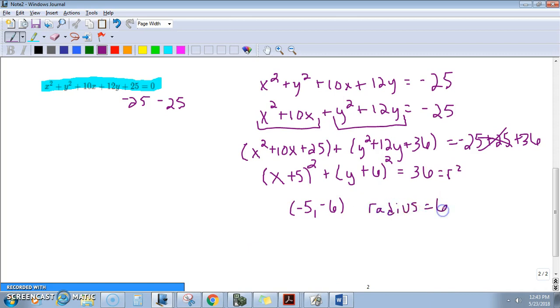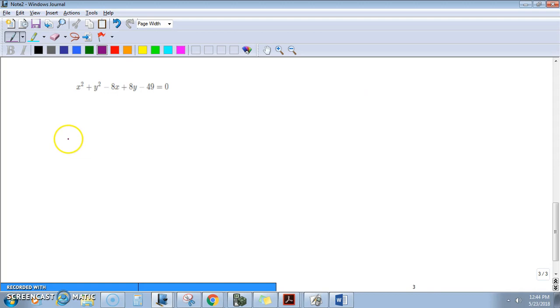6 for this circle. All right, so let's do one more, and then I'll send you to Khan Academy where you have some more practice problems. But let's see if we can do these all at once. I'm going to put that negative 49 on the other side, and I'm going to put my x's together and my y's together. So I'm going to rewrite this equation, and I'm going to have x squared minus 8x, because that 8x is negative, plus y squared